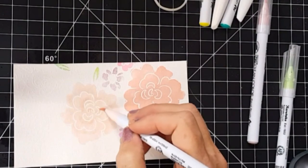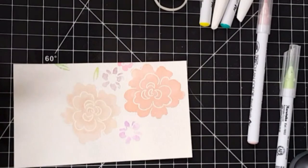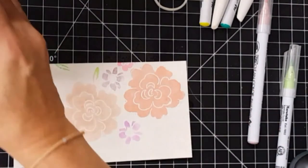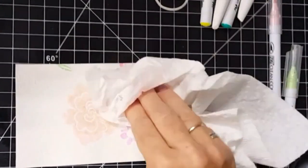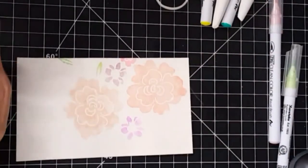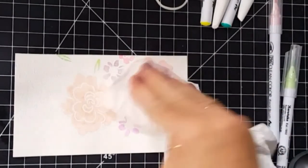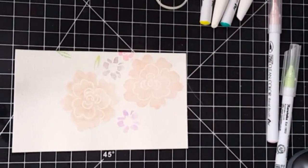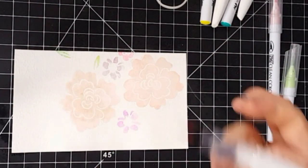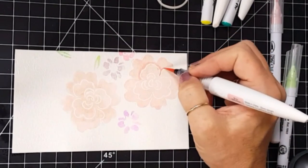Well, let's see if we can get them close to the same color. It's so much prettier. I really like that color better. That's the soft rose. And let's go back in and just put some of the